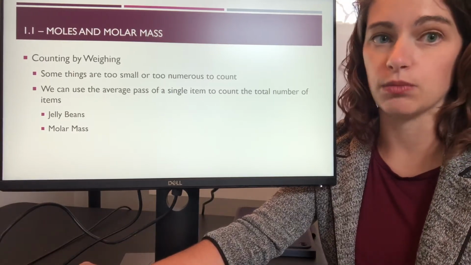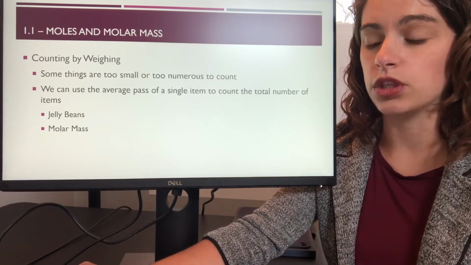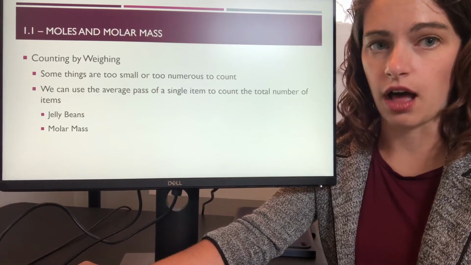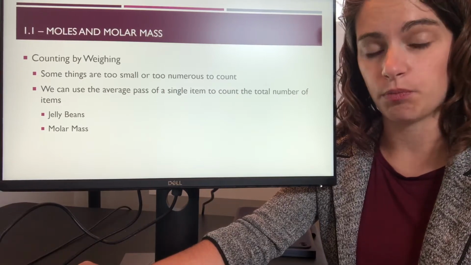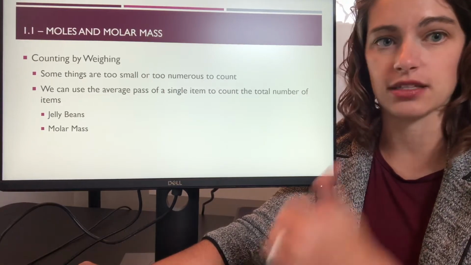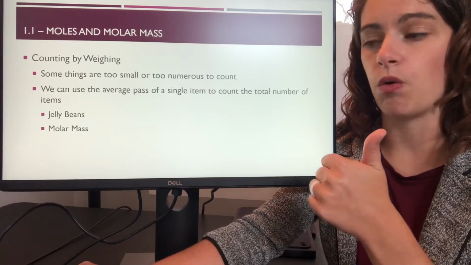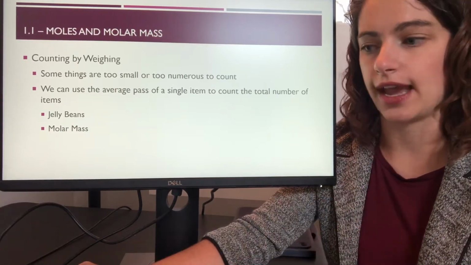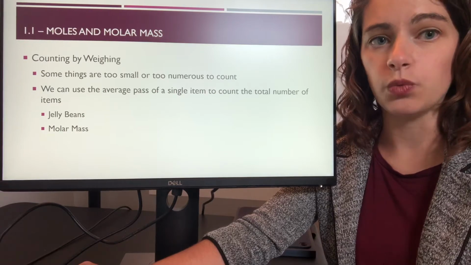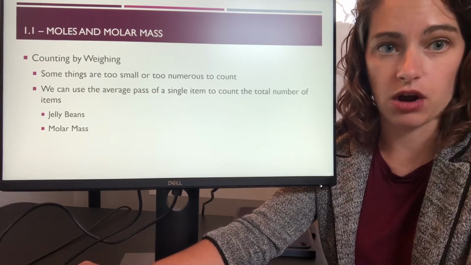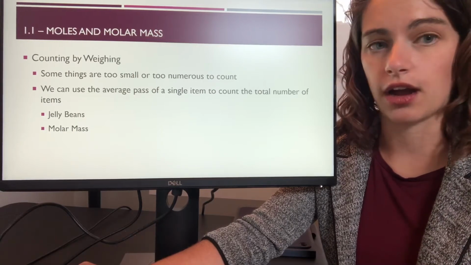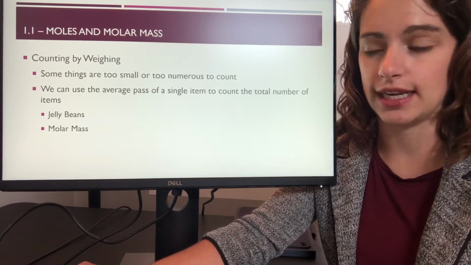We use the same thing with molar mass. If you know the total mass of a sample and you know the average mass of one part of the sample, whether it's the average mass of a compound or an atom, whatever it is you're looking at, which is the molar mass, you can divide them and you can figure out how many there are. So we're going to use that a lot later when we talk about chemical reactions and we need to compare